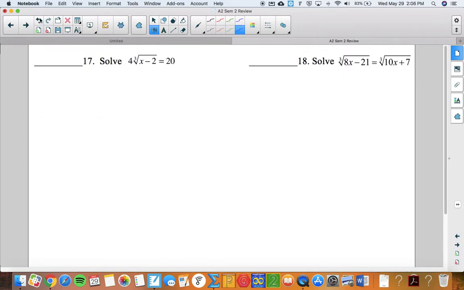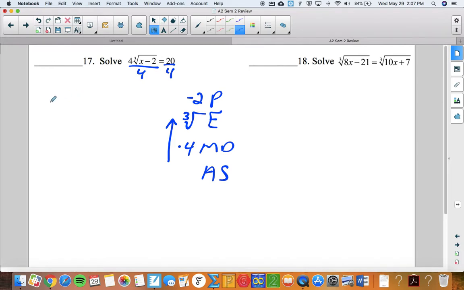Number 17. All right, so if I make a list of what's being done here, we undo PEMDAS backwards. X is getting subtracted by 2, but it's in the parentheses. So I'm going to undo subtracting 2 last. X is getting cube rooted. And then X is also getting multiplied by 4. So I have to undo from the bottom up. So I have to undo multiplying by 4 first. So I have to divide by 4. So I get the cube root of x minus 2 equals 5. So then from there,